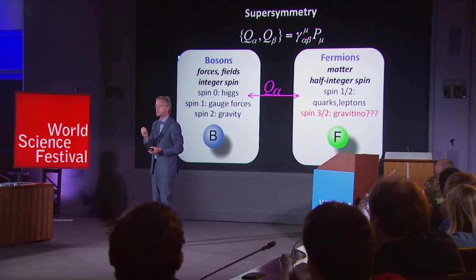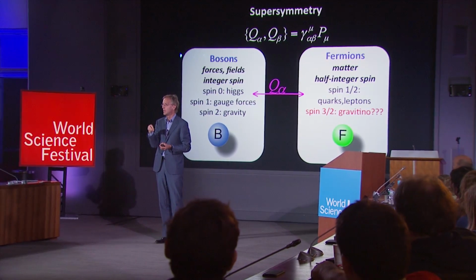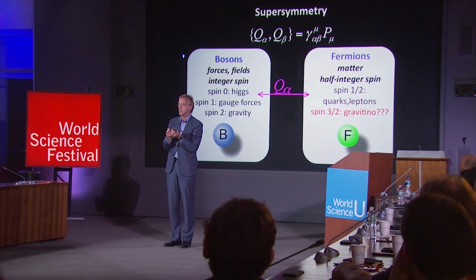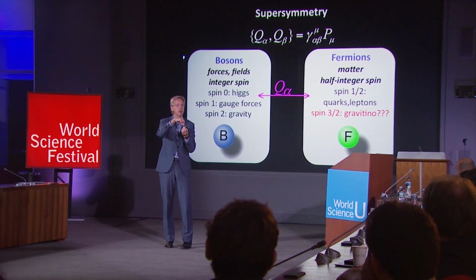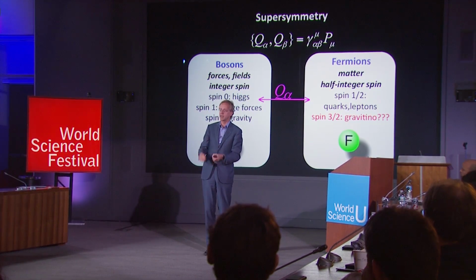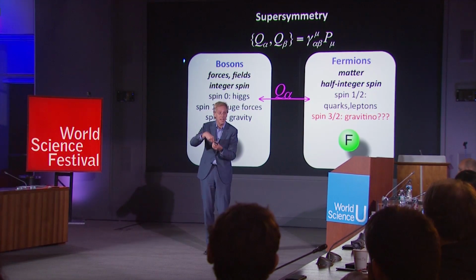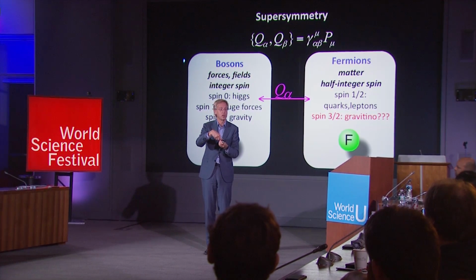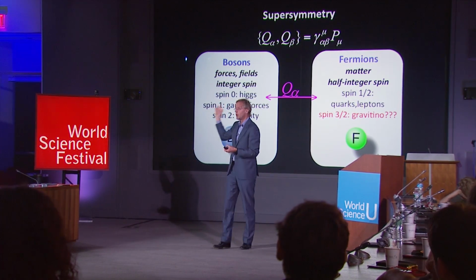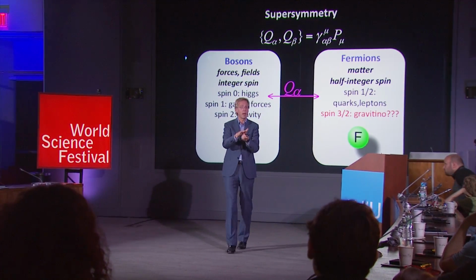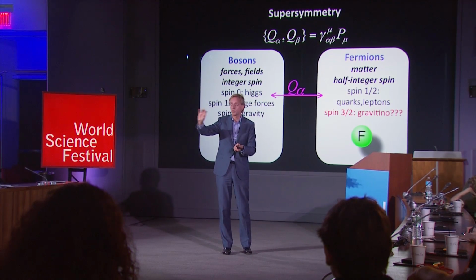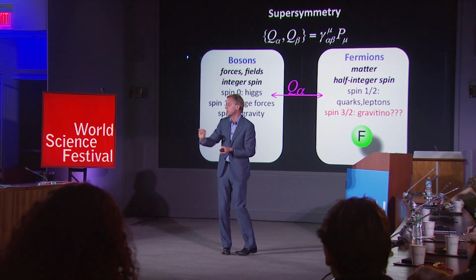If something has half-integer spin, it behaves like a matter object. There's a fundamental principle, the Pauli exclusion principle, that says two objects with half-integer spin cannot sit on top of each other. That's why you can sit on your chair, because the electrons and protons of your body cannot be at the same spot where the electrons and protons of your chair are. So out of half-integer spin, you make something like matter, while integer-spin particles can be on top of each other, and that's why you can make a laser beam out of light, which is essentially a huge number of photons, all exact clones of each other.